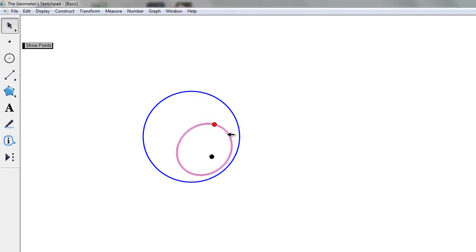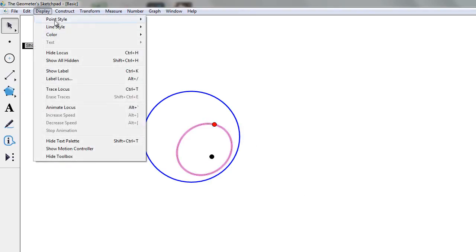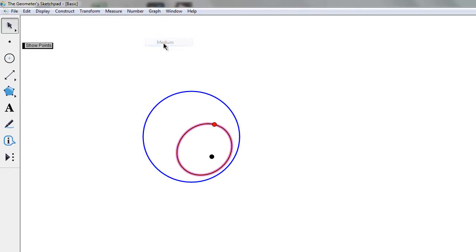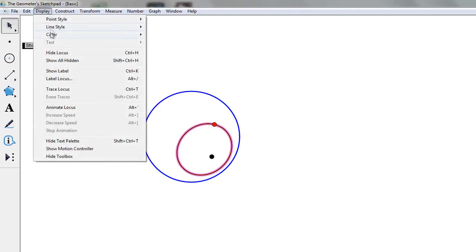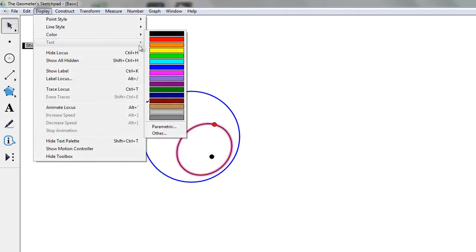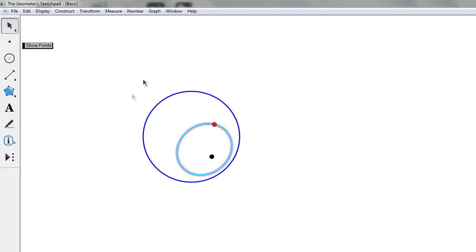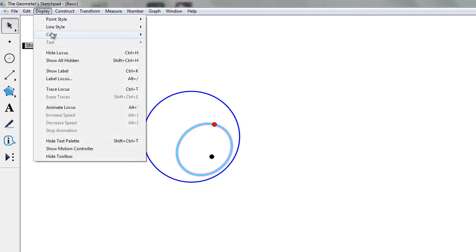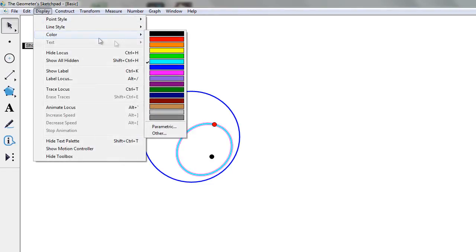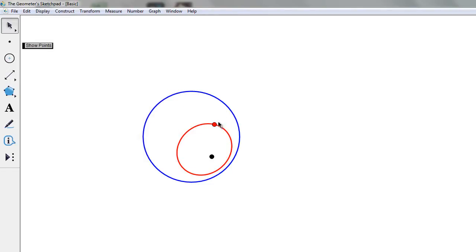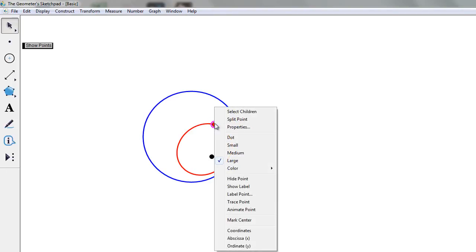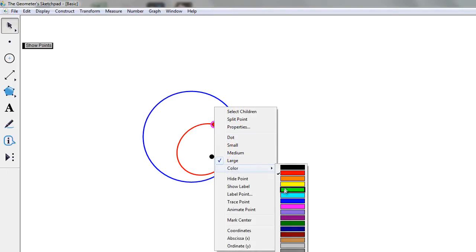Let's make the circle, first of all, thicker and perhaps a different color. How about light blue? And maybe that's not too easy to see. Maybe we'll use red. And this point here, which is variable, I like to color variable points green.